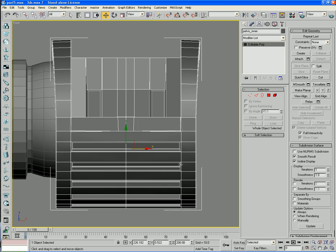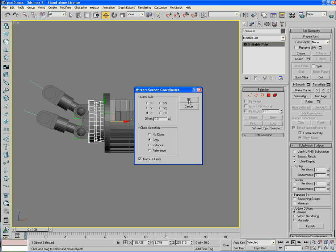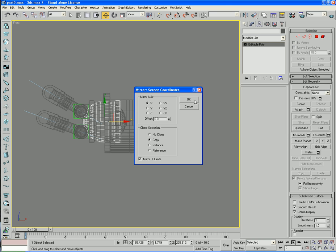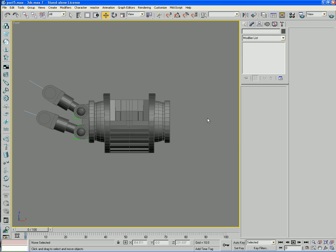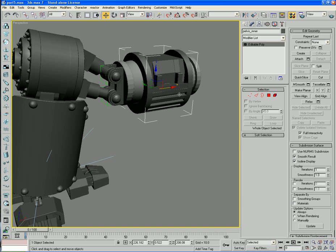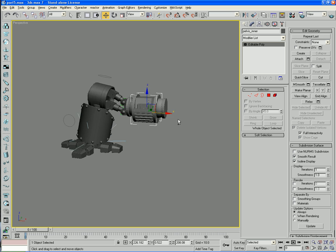And now if I go to my front viewport and zoom out a bit. And let's see. I'm just going to make a copy of that on the x-axis, and I think, yeah, it just comes out about there, doesn't it? There we go. Now, unhide all, and F4 into perspective mode. Okay, that's fine for me. Make that light too, because it's in the middle. And I'm just kind of looking it over, because in the next part I wanted to add a little bit